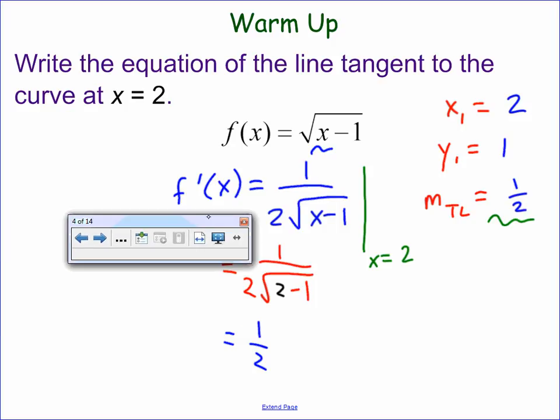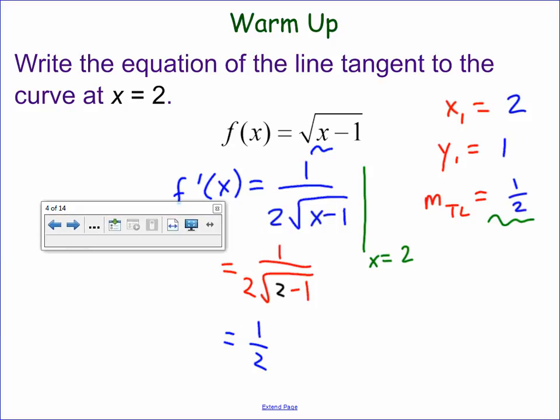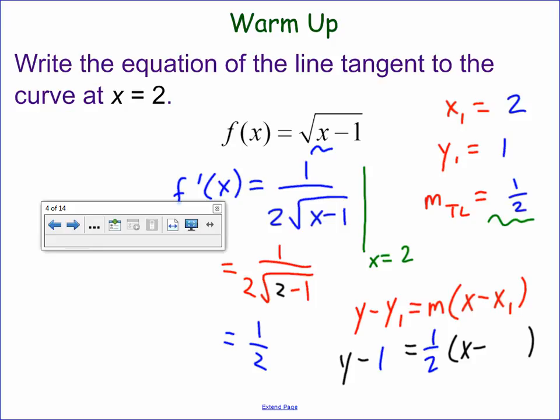I'll go ahead and start out with my point slope form. y minus y sub 1 equals m times the quantity x minus x sub 1. All right, let's go ahead and rewrite that. And we've got them all. We've got y minus 1 equals 1/2 times quantity x minus